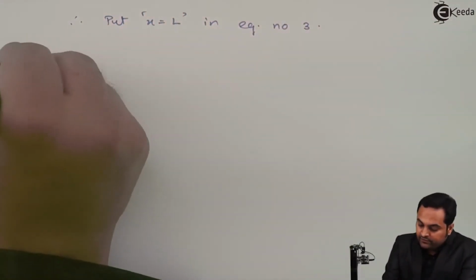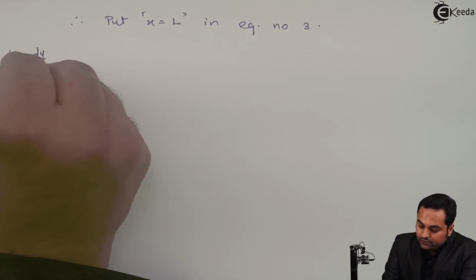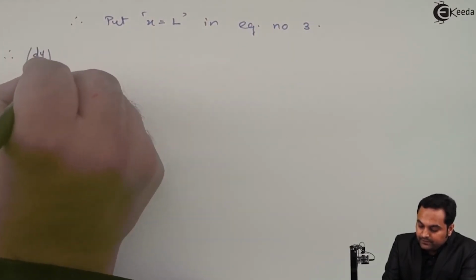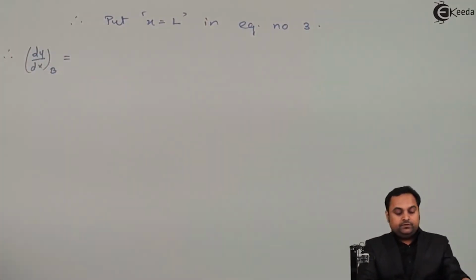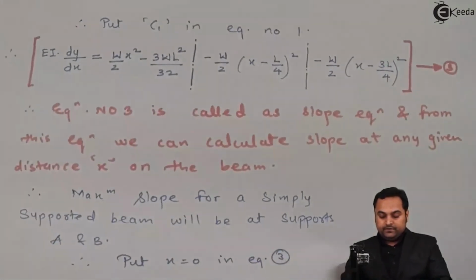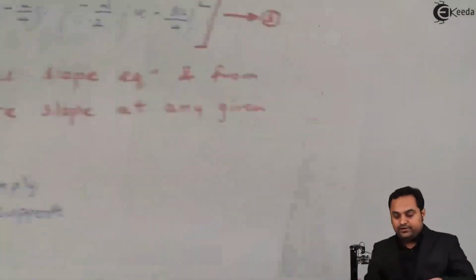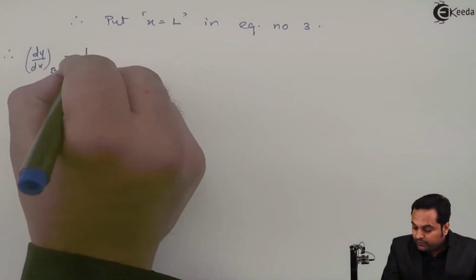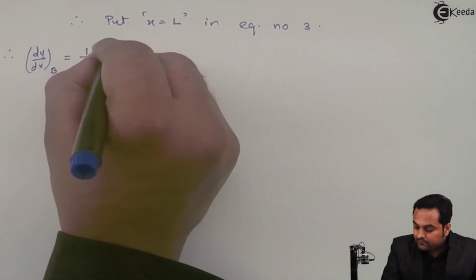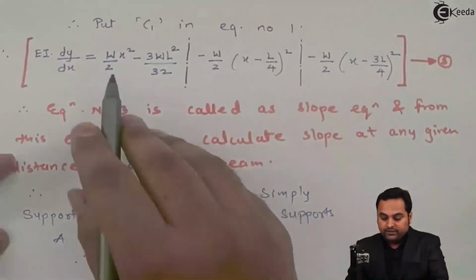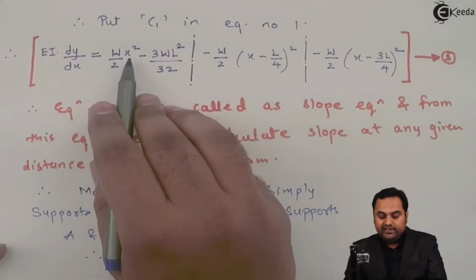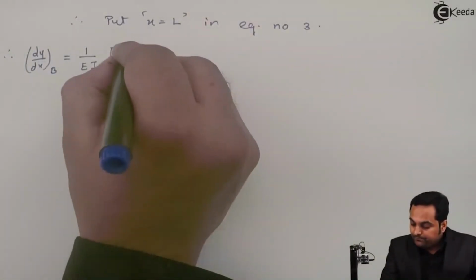So we have, I'll keep dy by dx on one side. At B we have to find out, and here I'm shifting EI onto the other side. So 1 upon EI. Now W, instead of x I'll put L, so WL square by 2